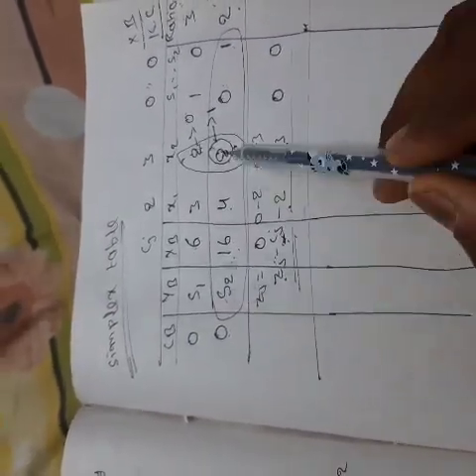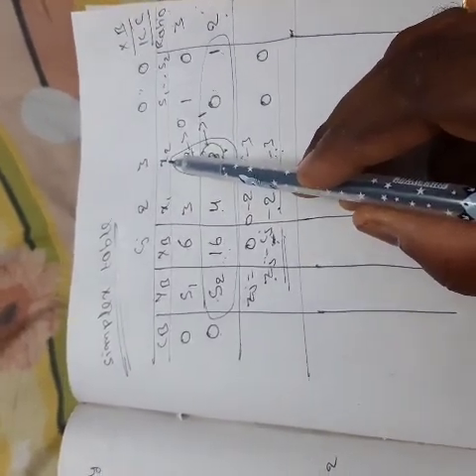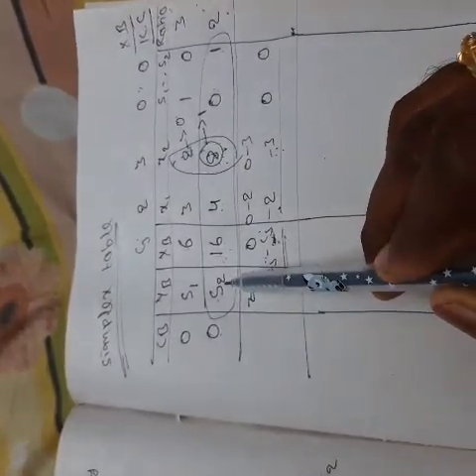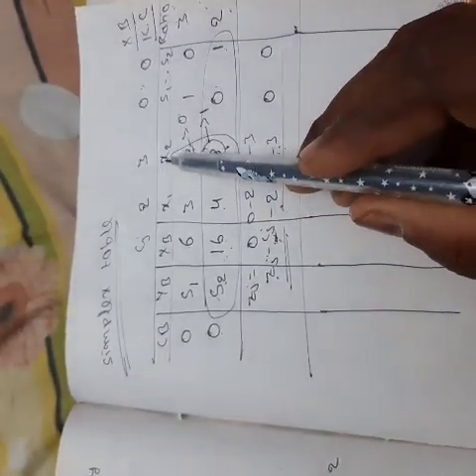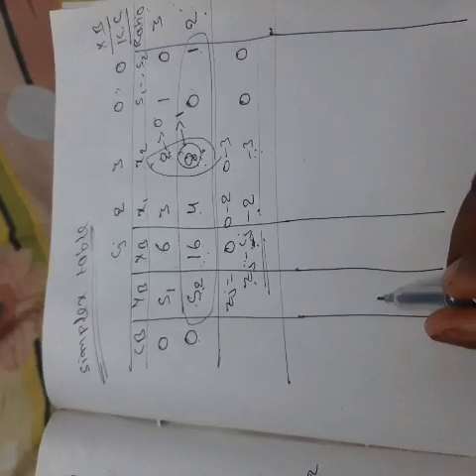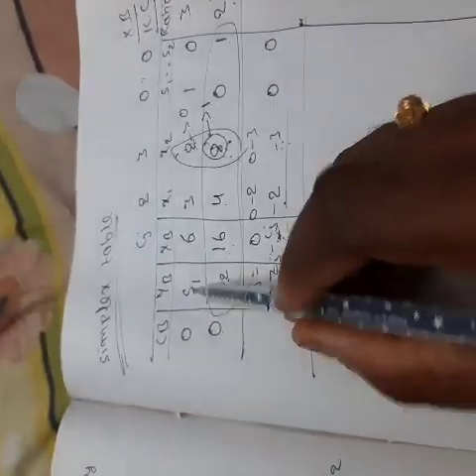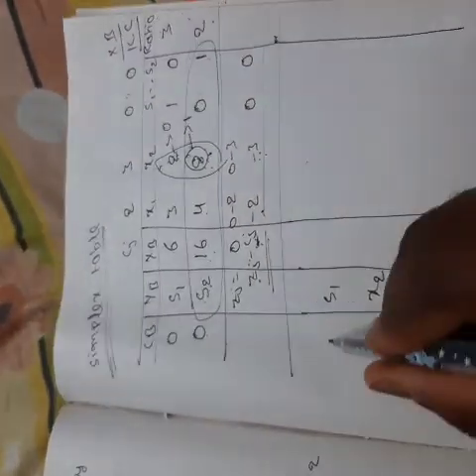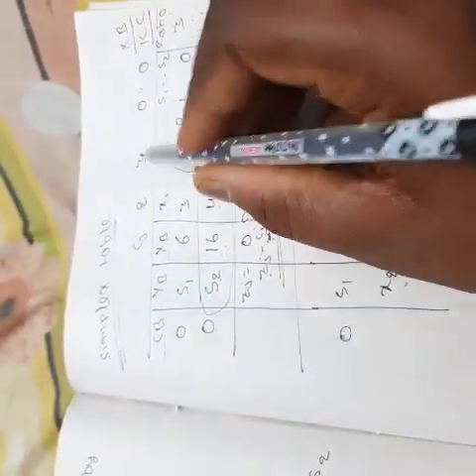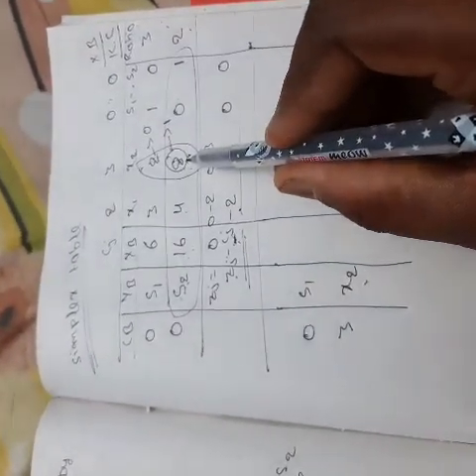So first look into it. The key row is interchanged with the key column. The variable in the key column is x2 and the variable in the key row is x2. So the variable in the key column replaces the one in the key row. So it will be x2. This one is 0, S1 cost is 0. X2 cost will be 3. We have to write 3 here, not 0. Okay. Next, you have to make it 1.